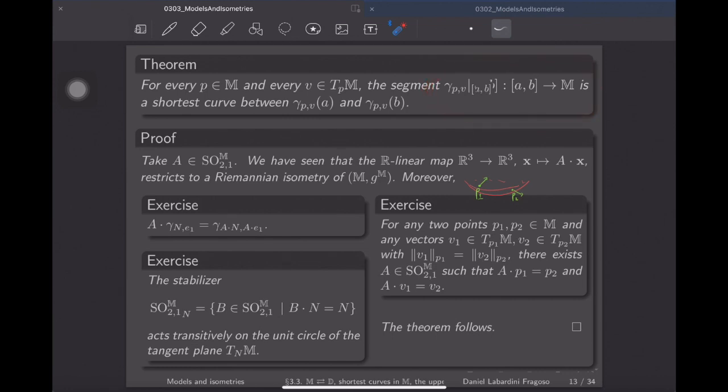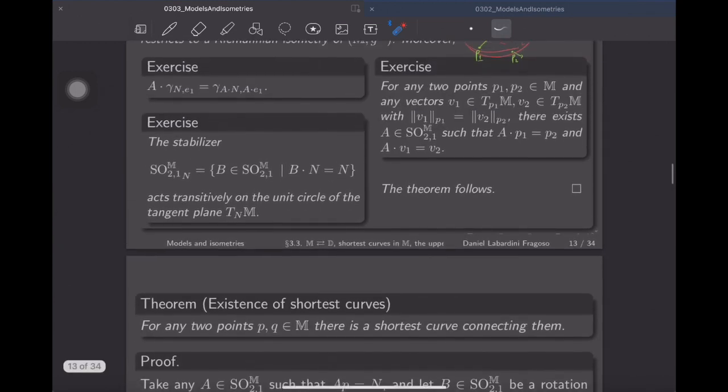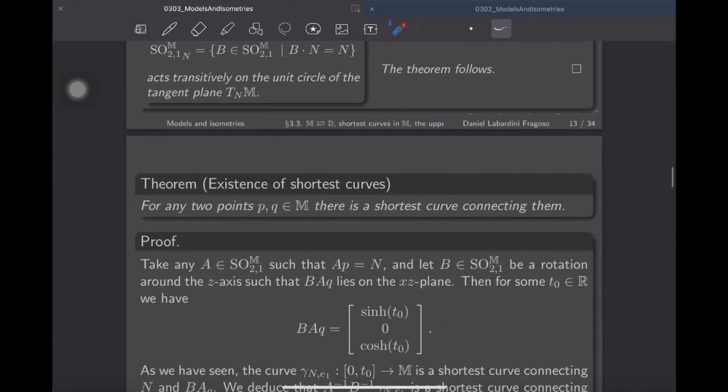Okay, but if the vector is any other vector, it's just a reparametrization. If I have, let's say, a vector of length 2, well, the rapidity is 2 always. So that means I'm really traversing the same curve, but twice as fast. But it's still the shortest curve. So the theorem follows. Okay, so good. So now,